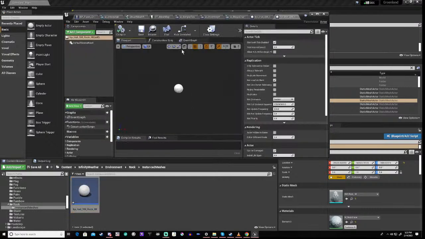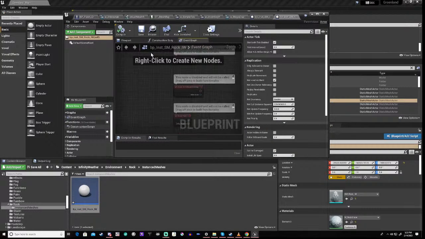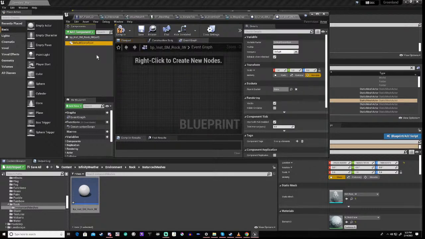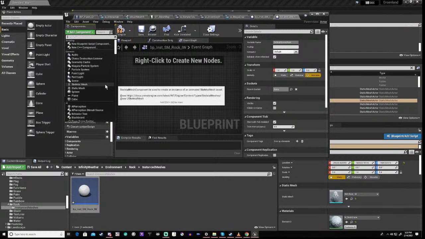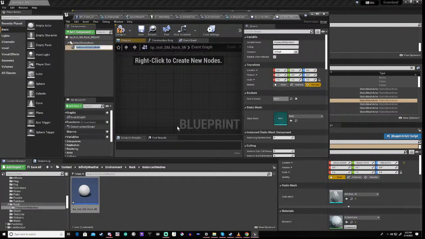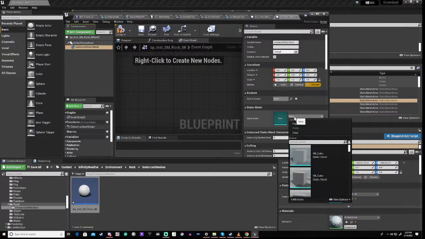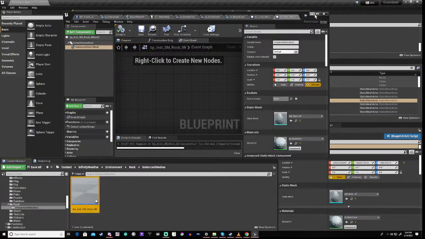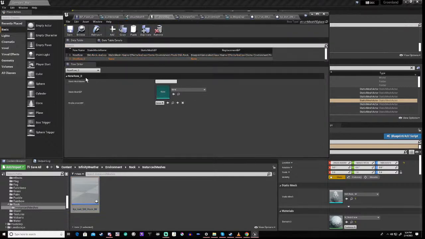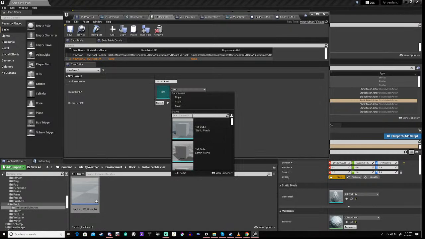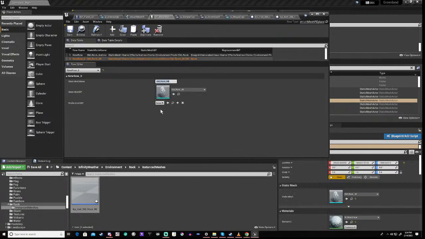Open it up, go to the event graph, delete these, go to the root, add component, instance mesh, click that in there, click this to add the mesh, paste our new name in, click that, compile, done, go to DT mesh, add a new one, paste, go to here, paste, click that, go to here, paste, click that one, save,